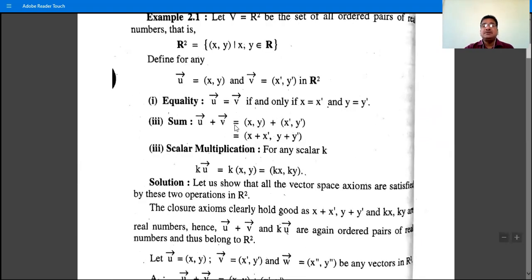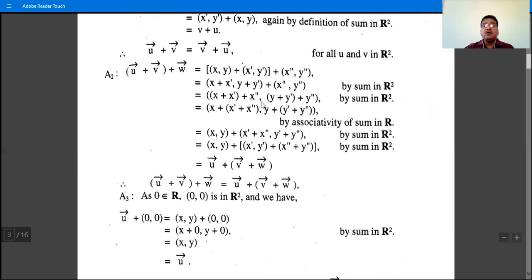This is the definition of sum. Then the sum of these two, again by using the same definition, is (x plus x dash) plus x double dash, and (y plus y dash) plus y double dash. Addition of these two, again by the definition of sum given in the example. So this is the addition of real numbers, and the addition of real numbers is associative, associativity of sum in R. So x plus x dash plus x double dash, we can write x plus x dash